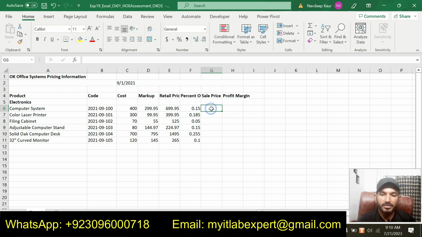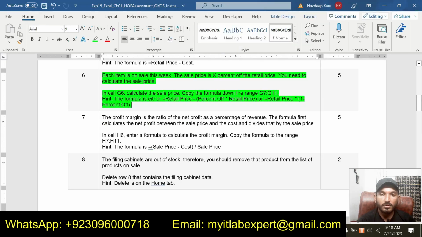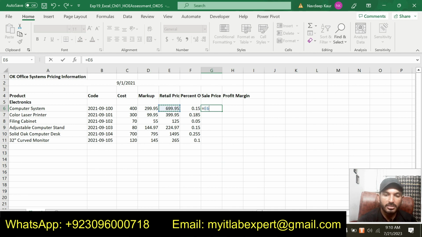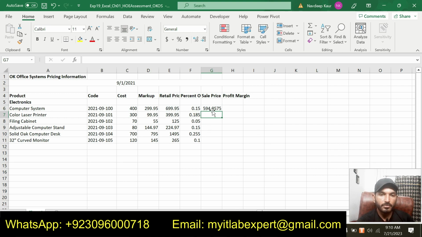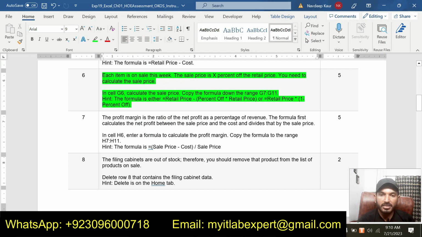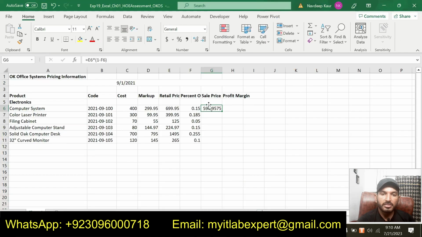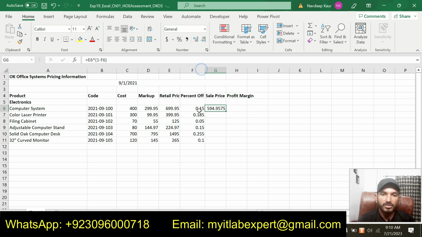So we will calculate the sales price using the formula: sales price is equal to retail price multiplied by 1 minus percent off, and percent off is F6.